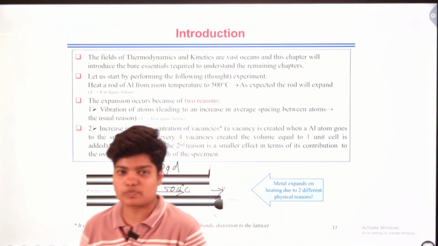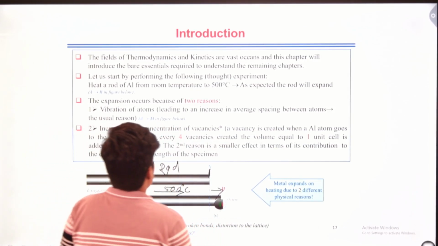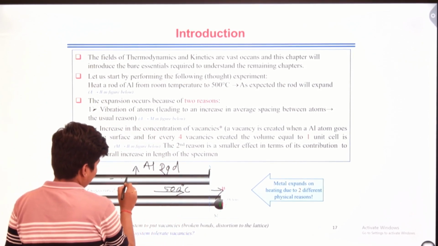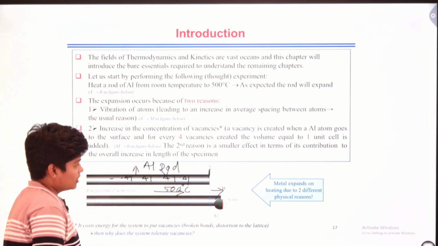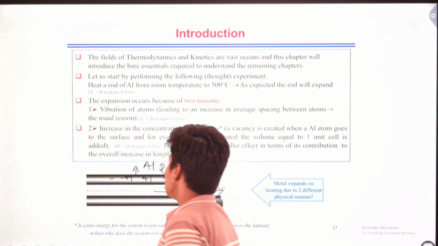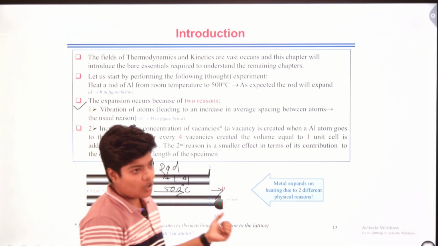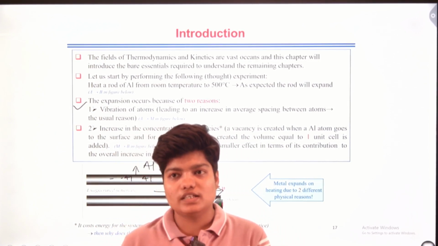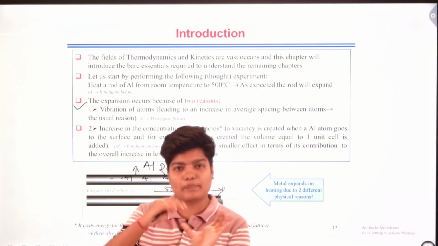Why will it expand? It can be because of two reasons. First, the vibration of atoms. Aluminium atoms are there in the rod, and by heating, the aluminium atoms can vibrate. So the first reason is that, by the vibration of atoms, it can expand. The second reason is the concentration of vacancy. First, it is a solid material,